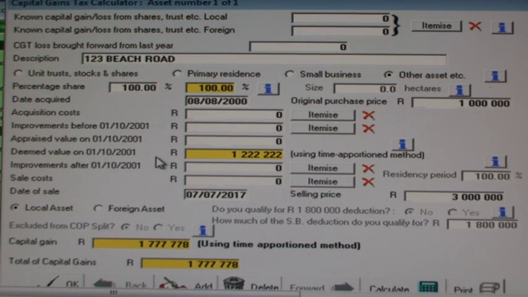If we divide the 2 million rand profit by 18, we get 111,111 rand profit per year. Add 111,111 for each year of ownership before 1st of October 2001 to the purchase price to get the base cost. This means we add 222,222 rand to the 1 million rand purchase price, and we get a calculated or deemed value base cost on 1st of October 2001 of 1,222,222 rand. Subtract this calculated base cost from our selling price of 3 million rand and we get our gain of